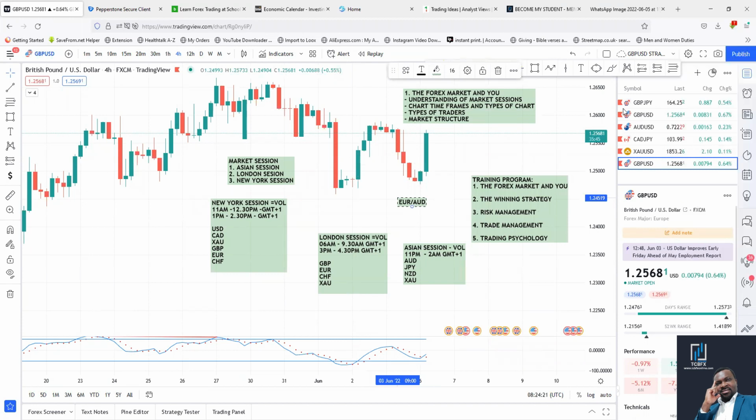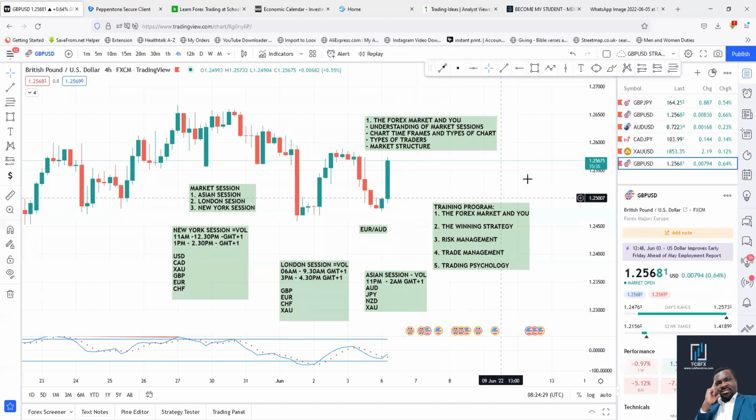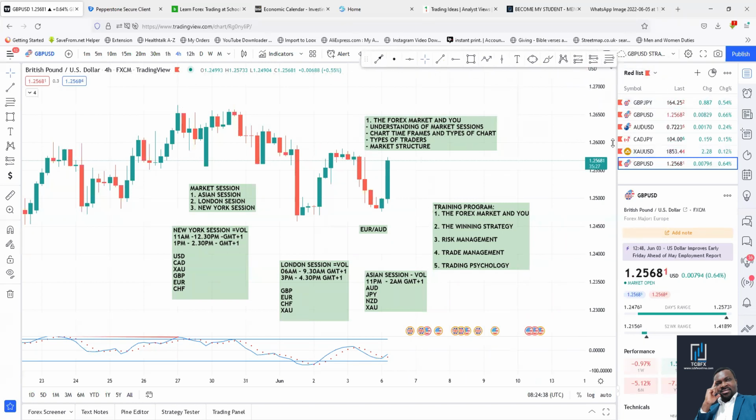On the chart, if you come to the chart, now you want to pick a currency pair. You see where we have symbols. If you look at your own TradingView, you see this side of the screen where you have symbols. If the one that you're looking for is not there, you click on this plus sign, which says add symbol, right? This sign here. I want to use that one. That was not the one I wanted to use. Okay, you click on it